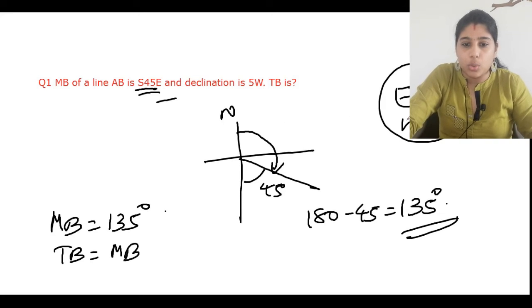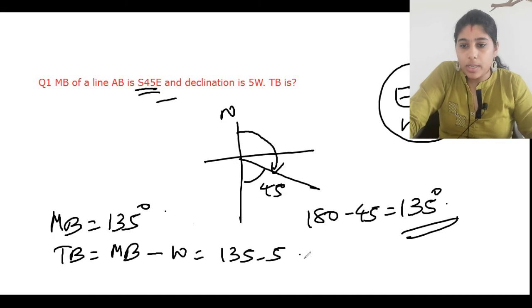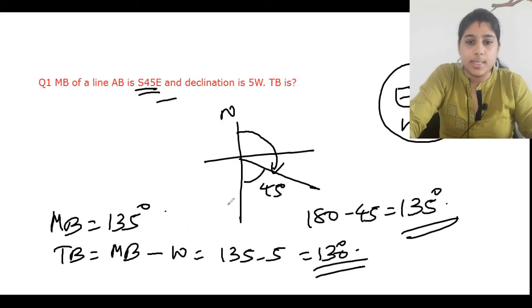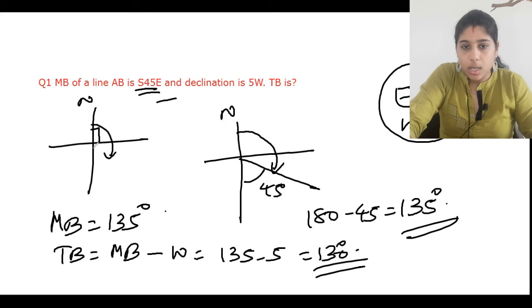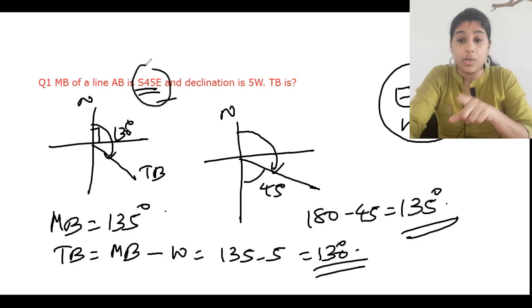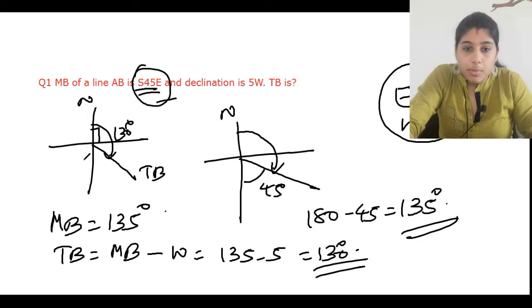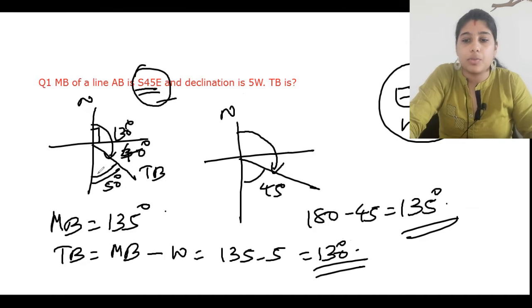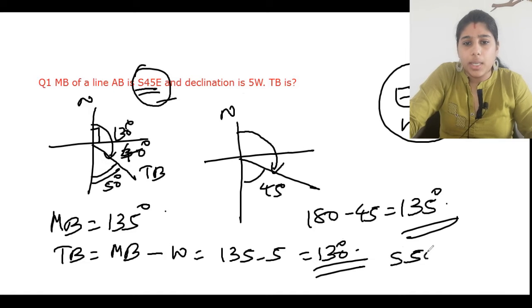As it is west, you have to subtract it, that is magnetic bearing minus west declination, that is 135 minus 5, that is 130 degrees. From the north hand side till here it is 90 degree and you have to mark this total, it is 130 degree. This is the true bearing. The question is in quadrantal bearing, so you have to convert; the answer is also in quadrantal bearing. So 130 means after 90, how many? This is 40 and this is 50. Every time quadrantal bearing is marked from south. So the answer is south 50 degree east.